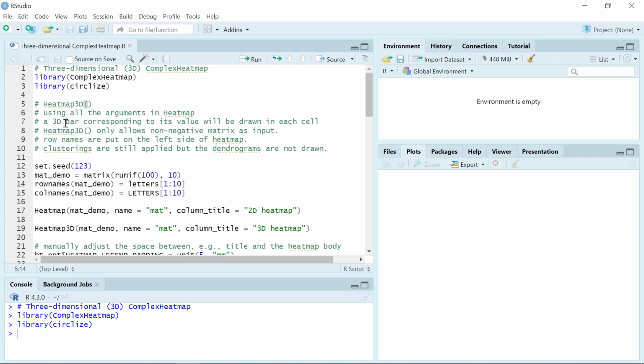The only difference is that in the 3D heatmap, a 3D bar corresponding to the value will be drawn in each cell of the heatmap body. It is a little bit confusing to use the word cell to describe the grids in the heatmap, because we are talking about single cell sequencing data analysis. But in the ComplexHeatmap package, they named each grid a cell,